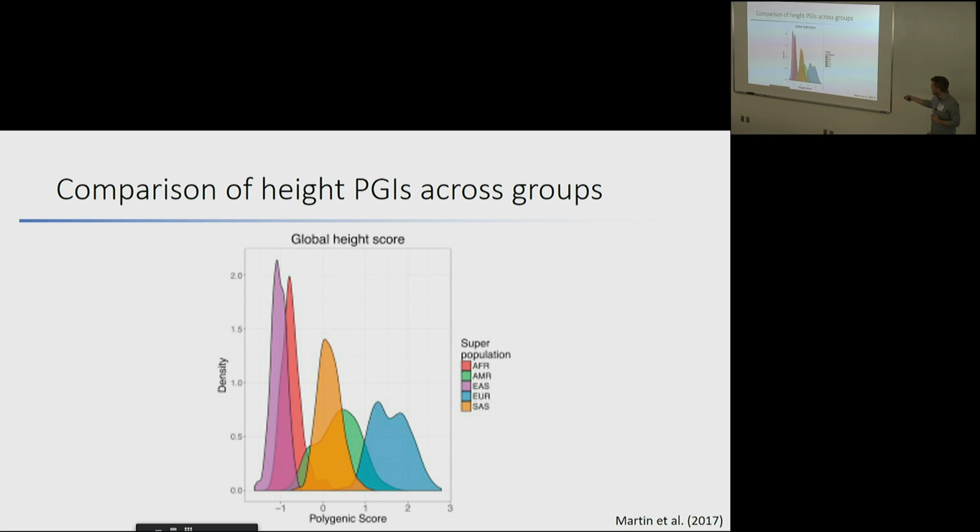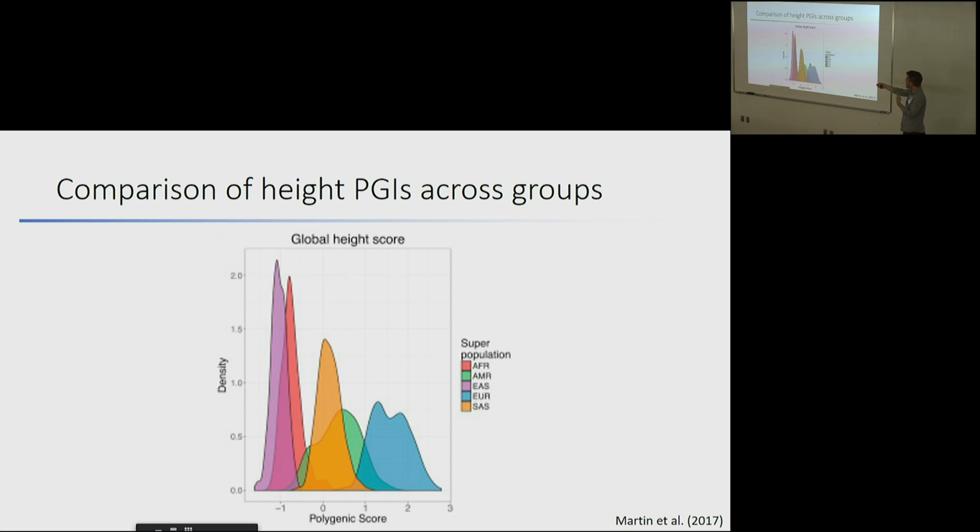Looking at this, it is the case that the South Asian ancestry population is a little shorter than European ancestry populations, but the African ancestry populations are roughly the same height as the European ancestry populations. However, looking at this figure, the mean polygenic index for the African ancestry people is 4 standard deviations below the mean in the European populations. And this is not reflected in the real heights if you measure these individuals. This is just driven by population stratification, chance changes across these different groups.